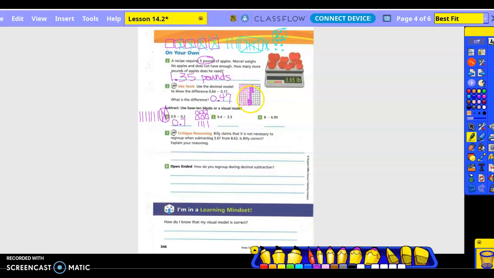Okay. Working right to left. How many longs do I need to get rid of? Do I have enough to do that? Yes. So how many do I get rid of? 3. So put those in a circle. Mark them off. How many flats? 3. 1, 2, 3. So I'm left with 3 flats and 1 long. So my answer is 3 and 1/10. Next one, how many flats? 8. So 1, 2, 3, 4, 5,